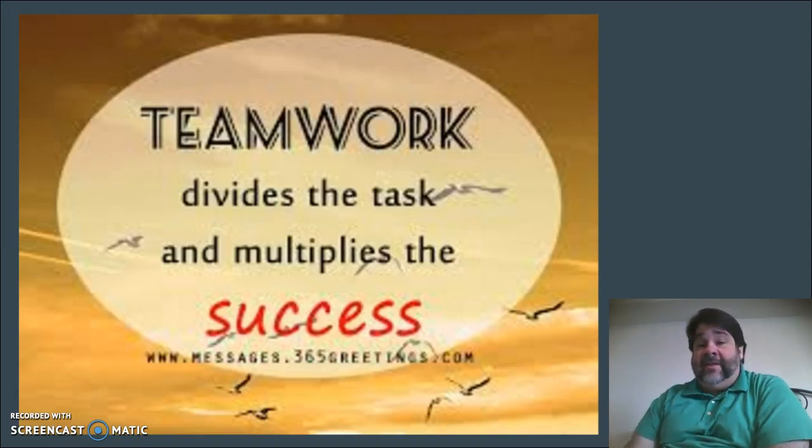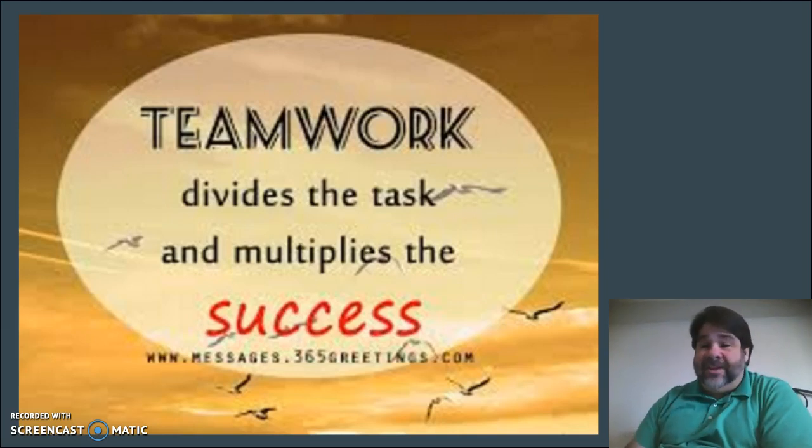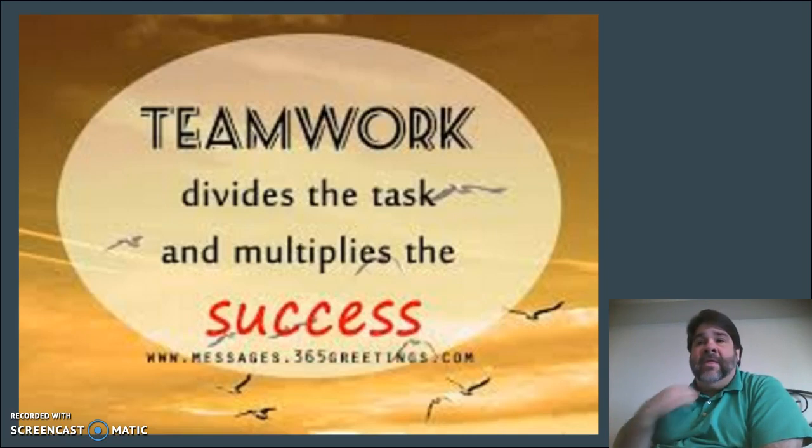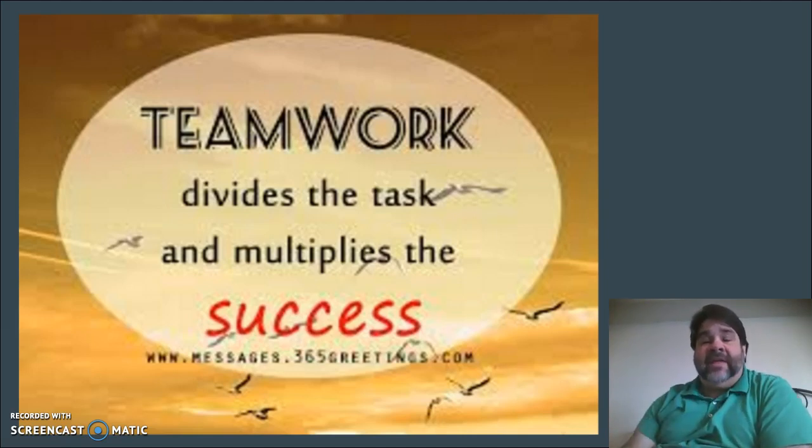I put here teamwork divides the task and multiplies the success. The whole reason that we have the in-group and the out-group is that they're necessary. I personally don't like the terms in-group and out-group because it does delineate. What needs to happen is I think there needs to be research done into them. What I mean by that is it seems like everyone would want to be part of the in-group, but the out-group is the quote-unquote evil necessity. There are people who are just going to do their job and go home that will never be part of the in-group. I would argue that, yes, both groups do need to exist. I don't like the terminology of in-group and out-group.